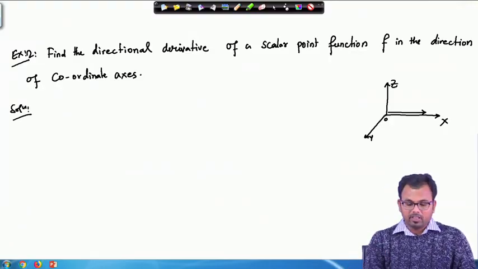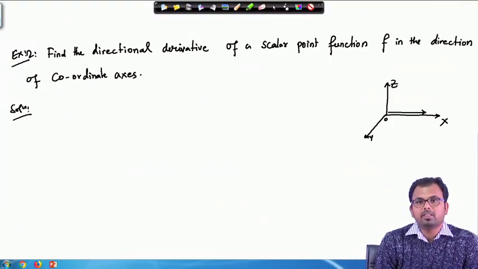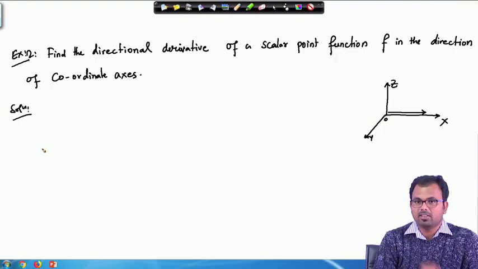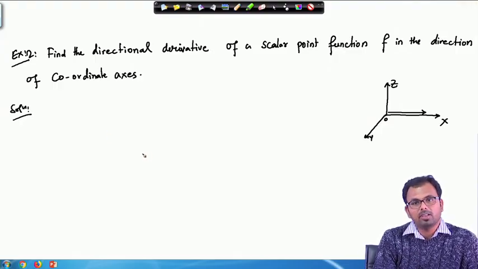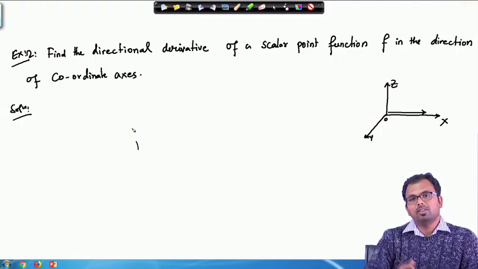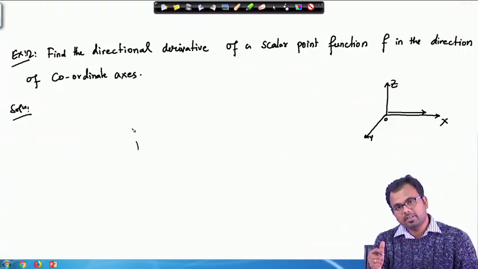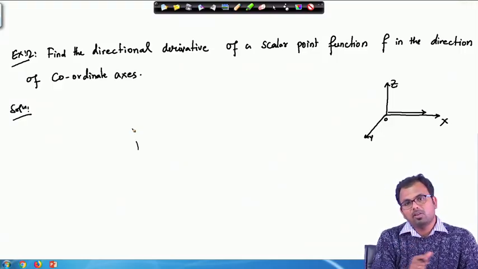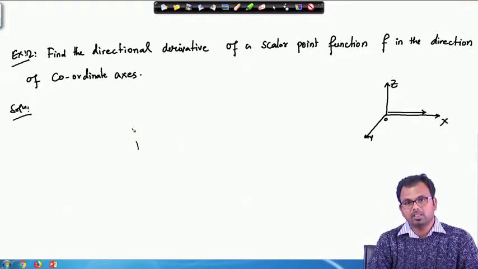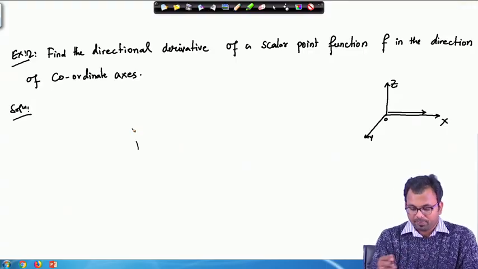All right. So, let us see what is our directional derivative in the direction of x axis first. We have to calculate along the coordinate axes, that means along the x axis, along the y axis and along the z axis. So, we have to calculate the directional derivative along all these 3 axes. All right. So, let us see